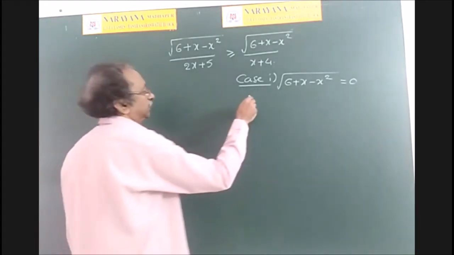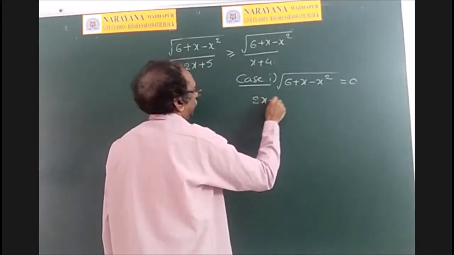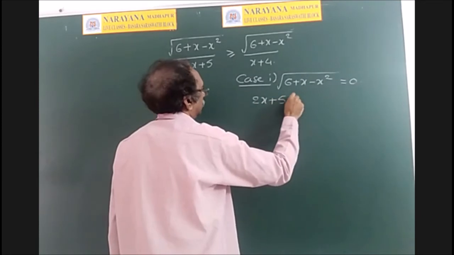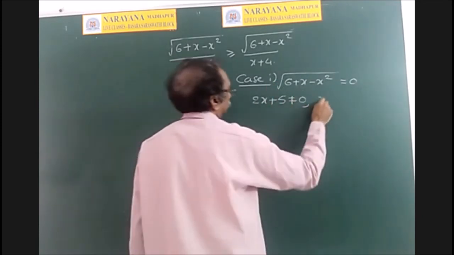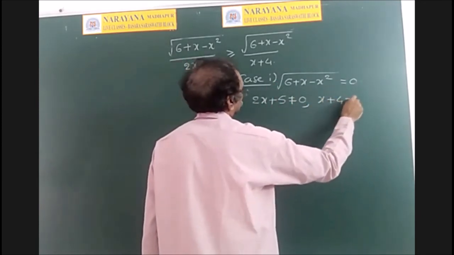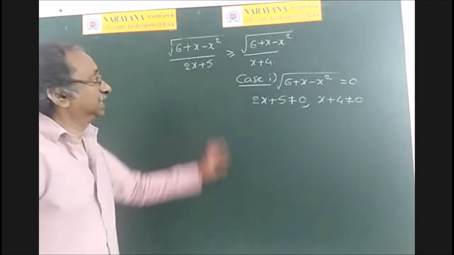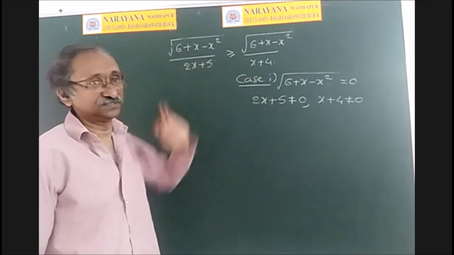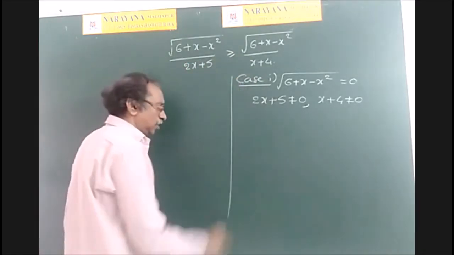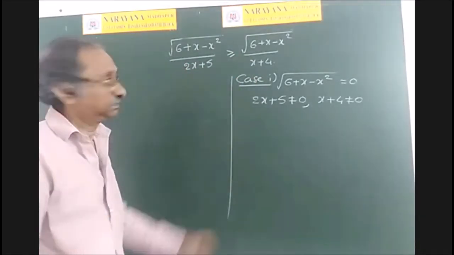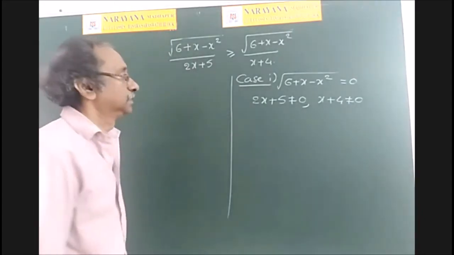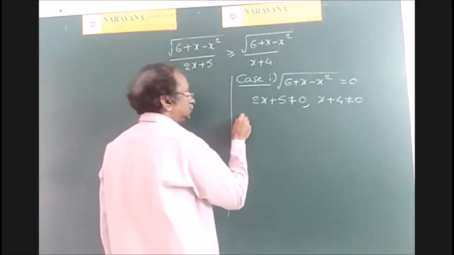Okay. And therefore, 2x plus 5 not equal to 0. X plus 4 not equal to 0. So, what is the first case? This may be 0 is the first case. And the second case will be obviously that it may be positive. But that cannot be negative. Okay. Right. See, here, this is 0 means